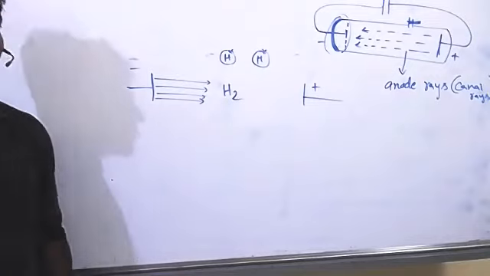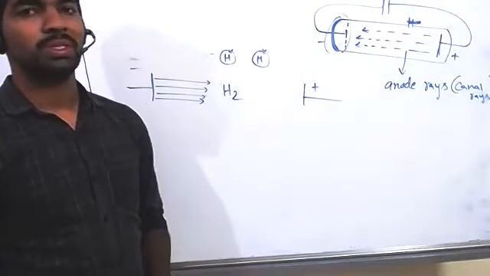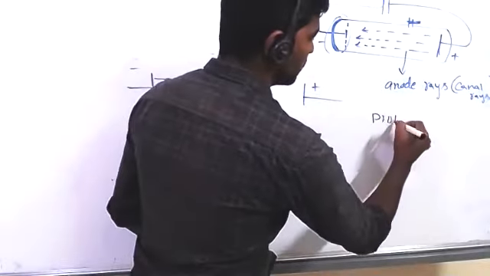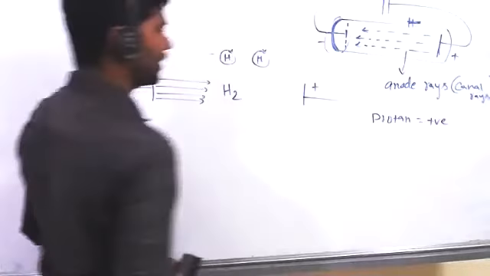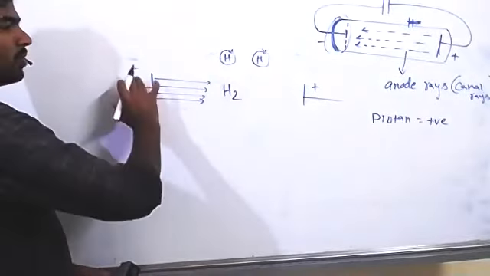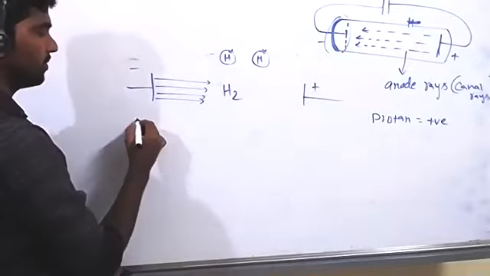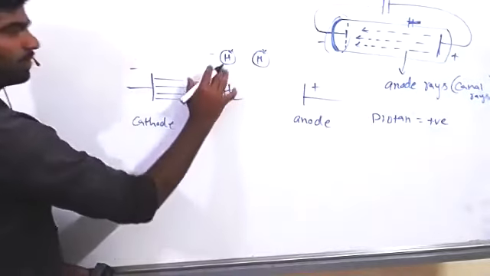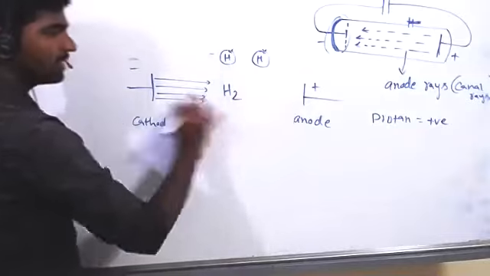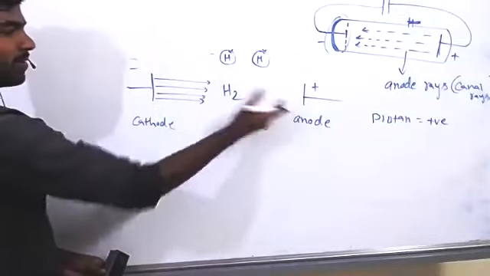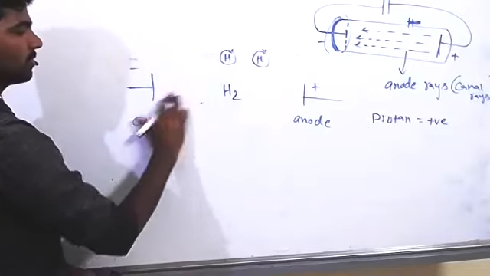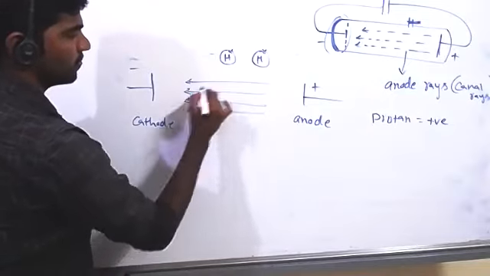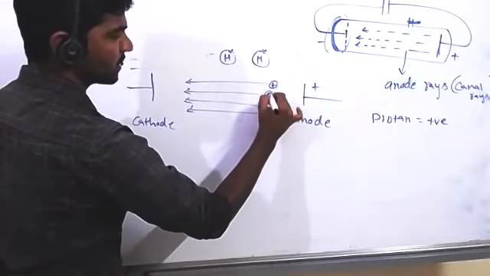What is the charge of a proton? The charge of a proton is plus 1. Okay, positive charge, right? The proton has positive charge. Negatively charged particles are electrons. Those are moving from this side to this side, from cathode to anode. Now, after losing the electron, protons are present in the glass tube. No doubt they are moving from the anode side to the cathode side. Positively charged particles.